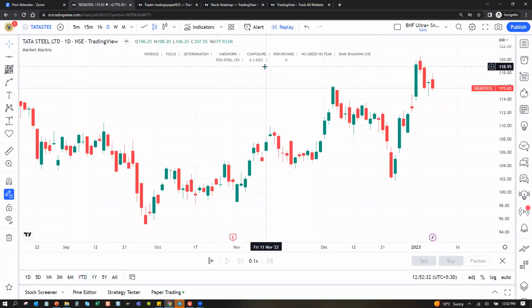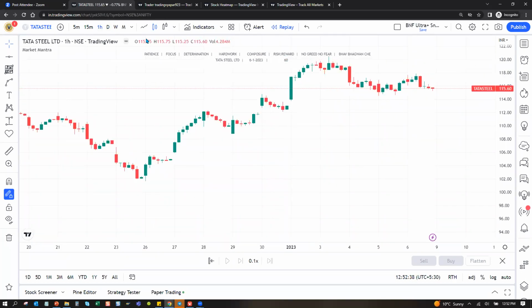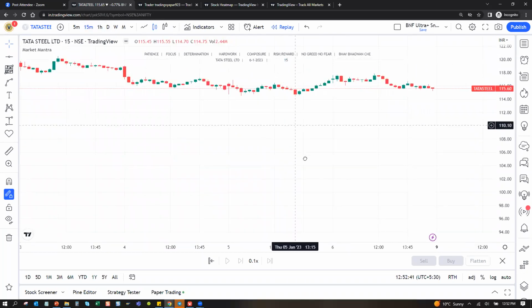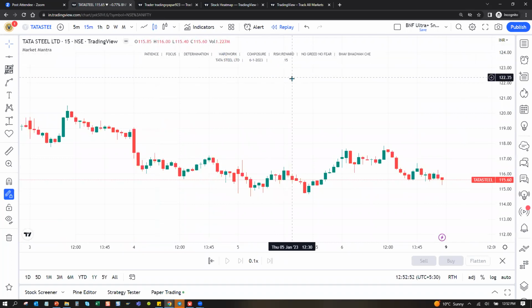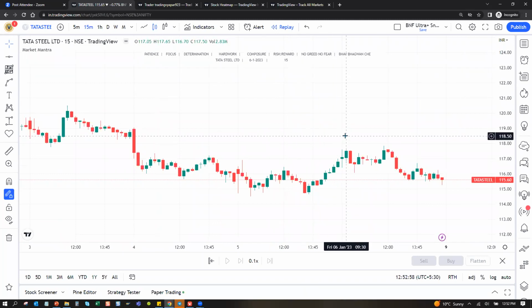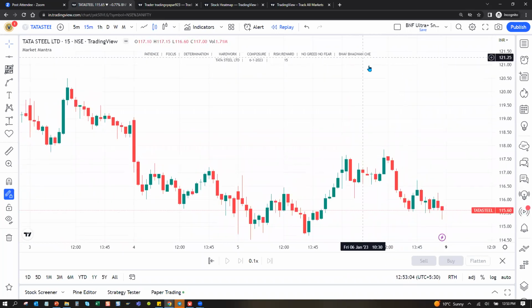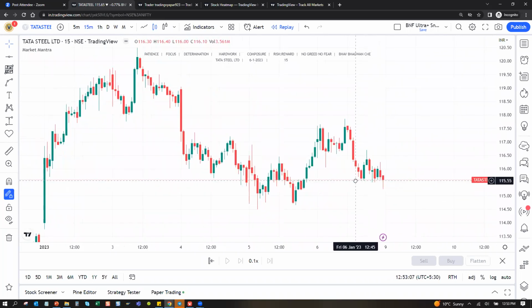So this says Tata Steel, and it says the date, and the time frame. Change it to 60 minutes, it says 60 minutes. Change it to 15 minutes, it says 15 minutes, right? So this is my market mantra, what I believe in: we need to be very patient, always focused, determined, keep working very hard, maintain your calm and composure, maintain good risk reward, never go into greed and fear, ignore any news, any WhatsApp, Telegram groups, and always follow the price. So when you have this on screen, before punching an order, just remind yourself of everything.